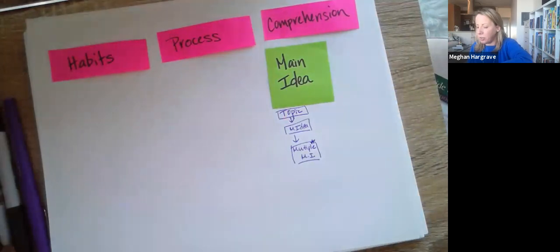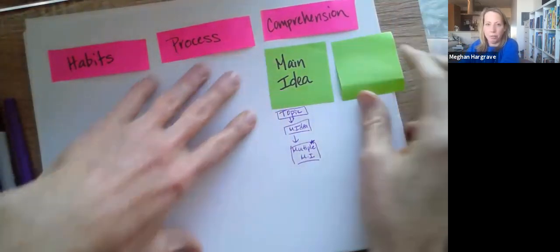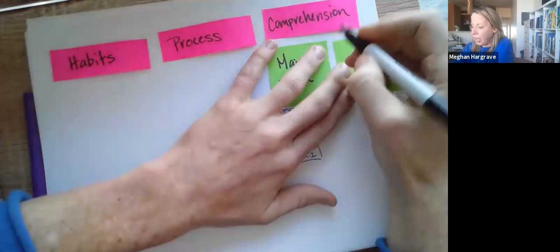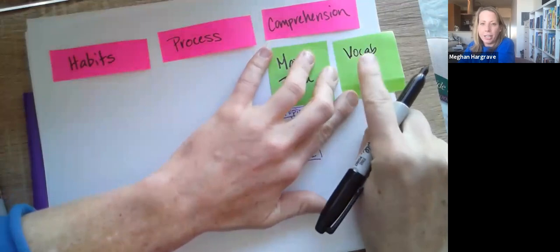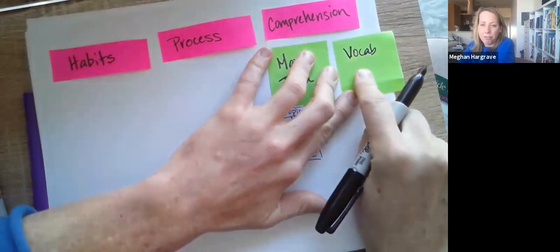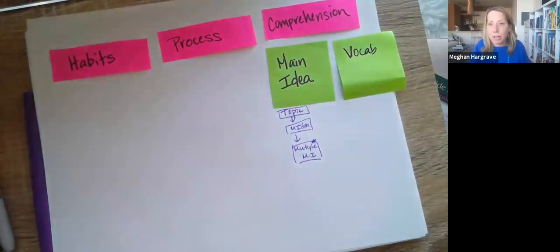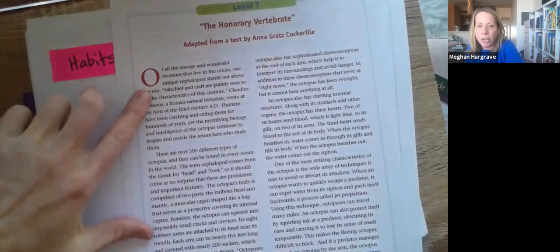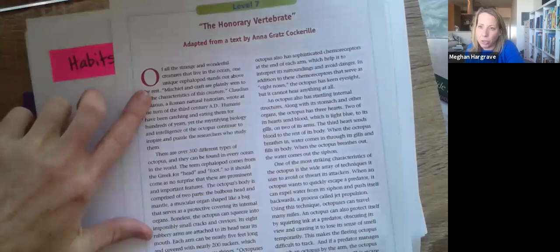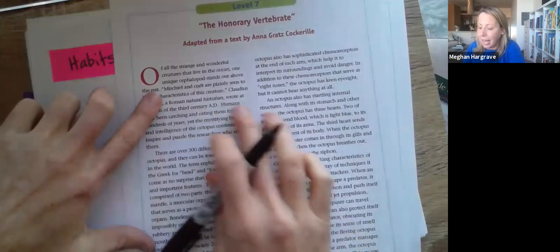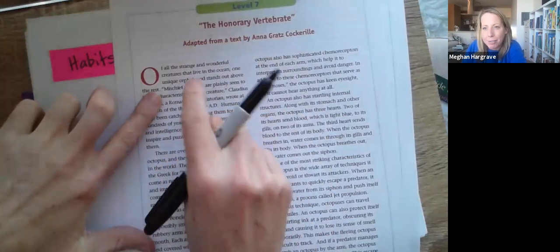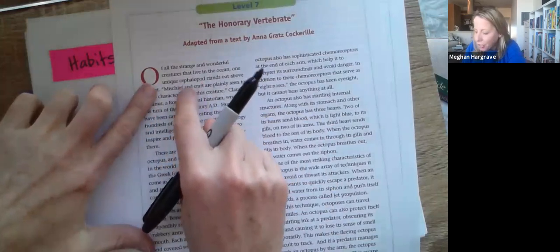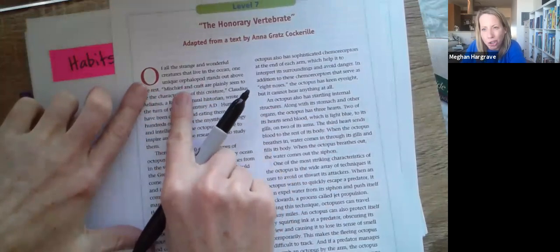The second one, this was my Post-it that ran away, so I've got to rewrite it here. The second one is the vocabulary. And when we think about vocabulary, not just the vocabulary in terms of the honorary vertebrae and the technical vocabulary, but also the words that are included. And the more complex texts get, kids have to start to see that like the word cephalopod is specific to the octopus, versus I might keep reading even the word mischief. That's not necessarily specific to the octopus.